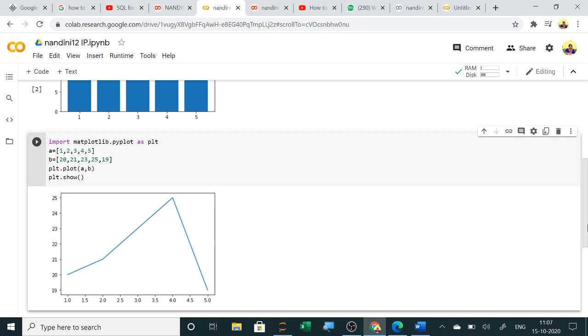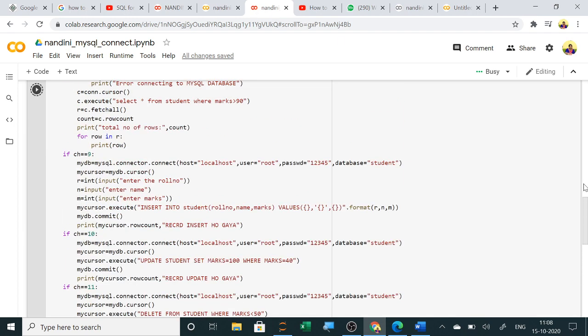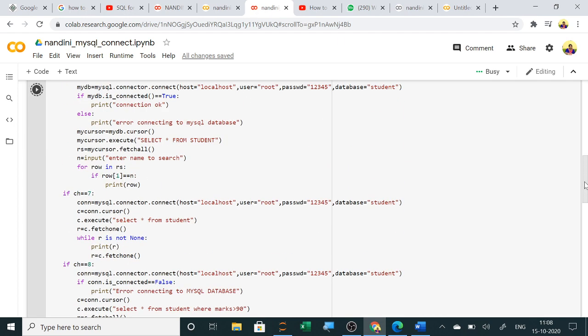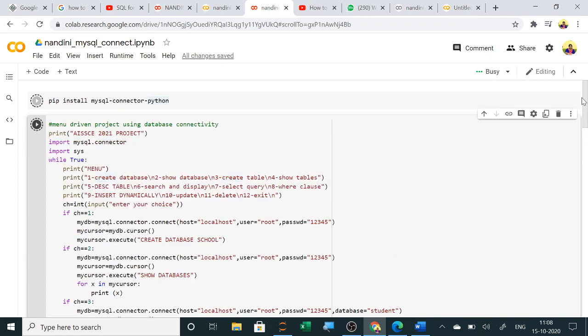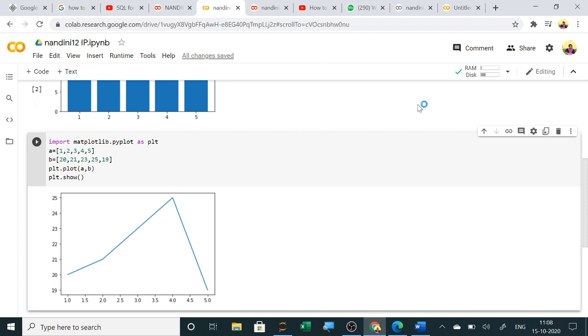You can add and delete, and this will be saved permanently. You can give a file name and save it. You can share it with your friends, with teachers. In Google Classroom only the link will be shared. That is the best part of it, that only the link will be shared. From the link anybody can copy. So all the projects which we have done, SQLite we will try to use here. I will make a separate video for SQLite and for SQL and Python connectivity.